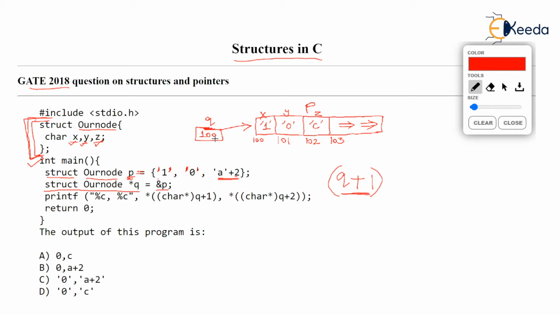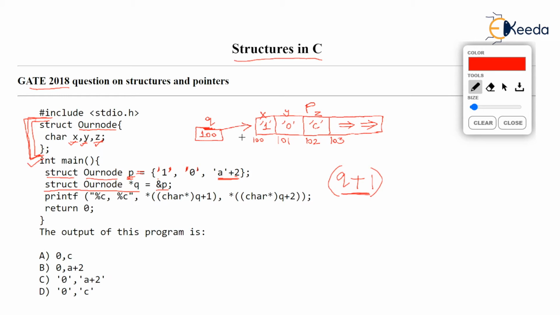Challenge yourselves. You will understand this so easily because you have come from the basics of pointers. Which type of pointer is Q? Question again. Which type of pointer is Q? Q is our node pointer. Check this. Q is our node pointer. What is the size of our node? Size of our node is 3 bytes. Now, if you increase Q by 1, if you say Q plus 1, it means Q should not point to this structure to which it is pointing, but it should point to the next structure.